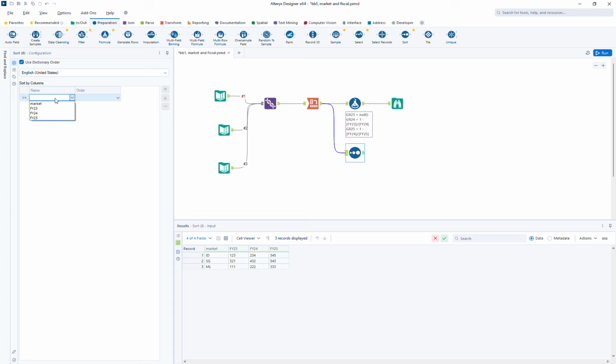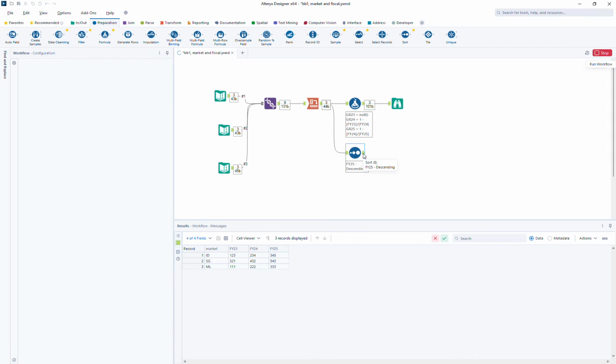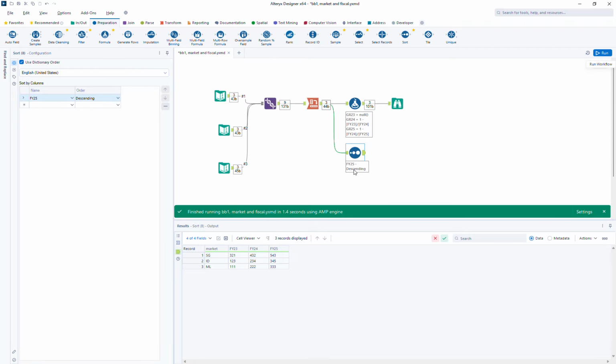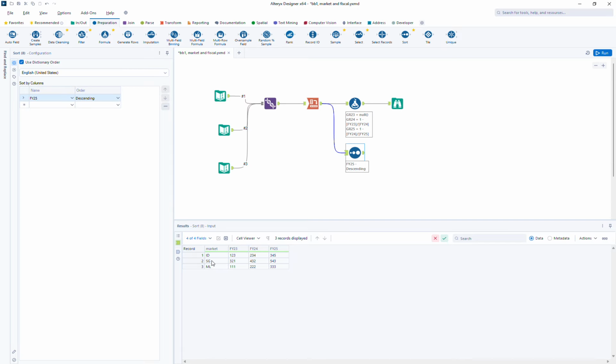And then I just sort the market by FY, and I want the biggest one on top, so I choose the descending order here. After this, if I sort the numbers, you can see before, Indonesia was on top, and then Singapore and Malaysia. But after sorting, it's Singapore, then Indonesia, and then Malaysia. Okay, so this shows you how you can sort